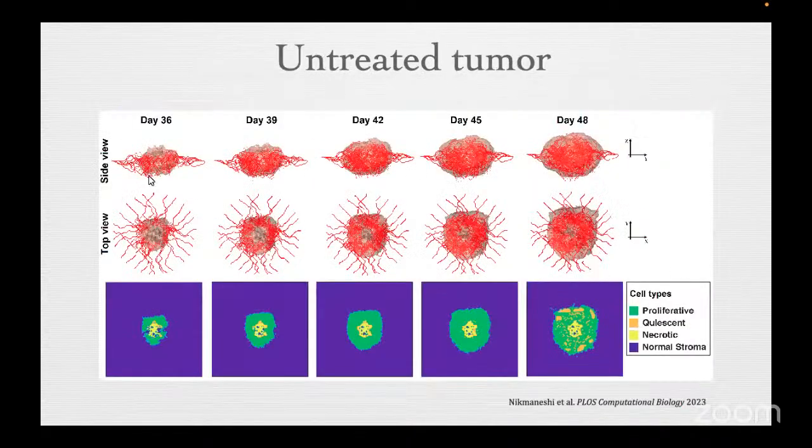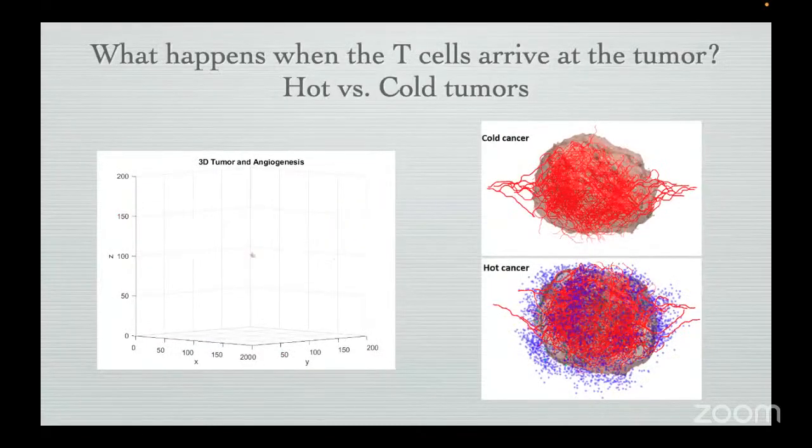Here's what it looks like for an untreated tumor from the side view and top view. Again, we keep track of metabolism in the tumor so we can know where necrotic, quiescent, and proliferative cancer cells are. And we've used this model to compare different kinds of treatments like maximum tolerated dose versus metronomic versus combination anti-angiogenic therapy. I don't have time to talk about that, but using the same kind of model, now we can introduce